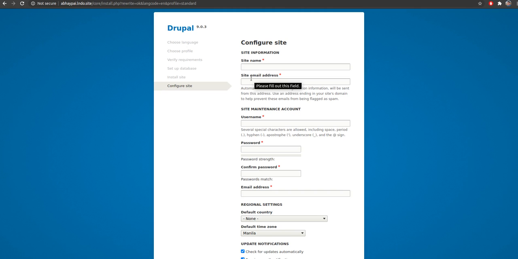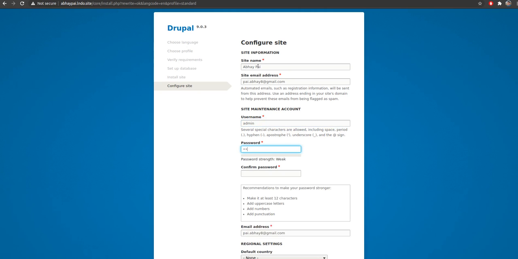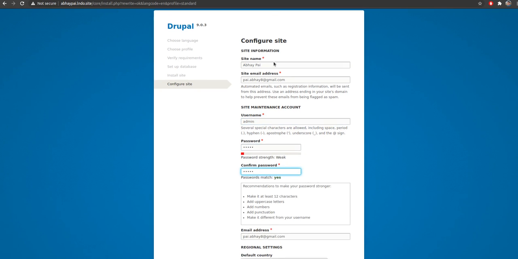As you can see, the configuration of my site is being shown by Drupal 9.0.3 at this date, 21st of August 2020. I will add my site name and my details for my website, and the username will be added by me for this local configuration.